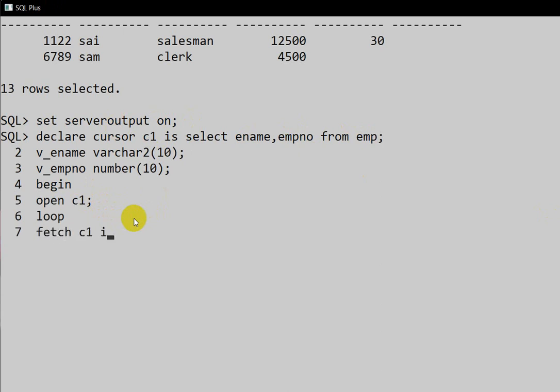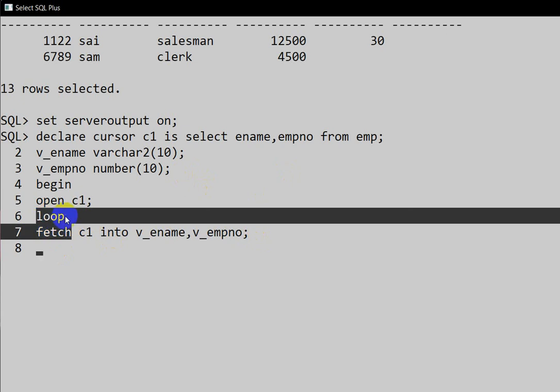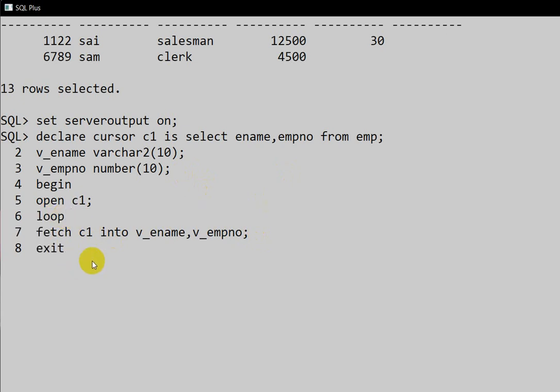Fetch C1 into variable underscore employee name comma variable underscore employee number. And as this is a loop, we need to write an exit condition for exiting from this loop. So we'll write exit when C1 %NOTFOUND. It will return true and exit from the loop whenever there is no data in the cursor.